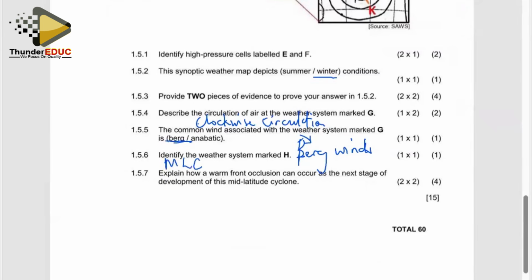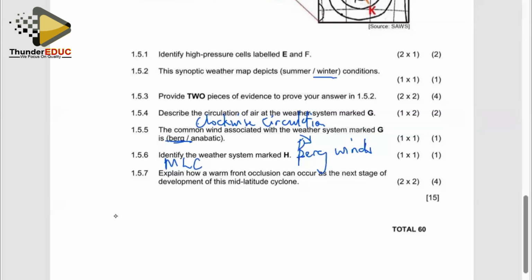Mid-latitude cyclone or a frontal depression. Then our last question, it says, explain how a warm front occlusion can occur as the next stage of development of this mid-latitude cyclone. Right, when you're explaining a warm front occlusion,